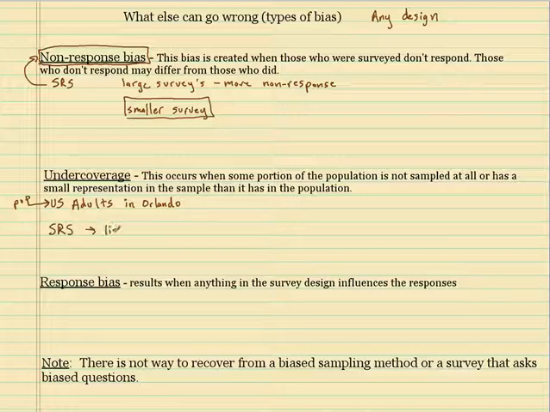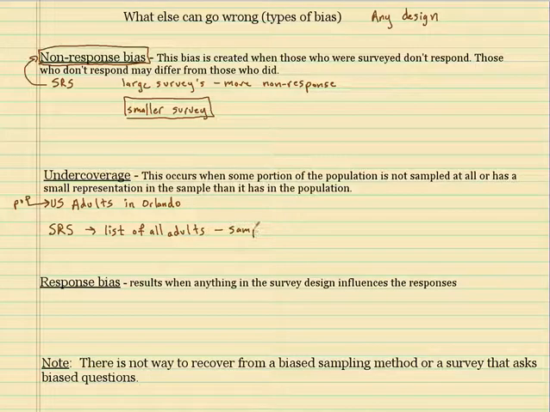So I obtain a list of all adults. And what do I call that list again? That's called a sampling frame. Okay, so we have some big problems here, because now I'll say, well, how am I going to